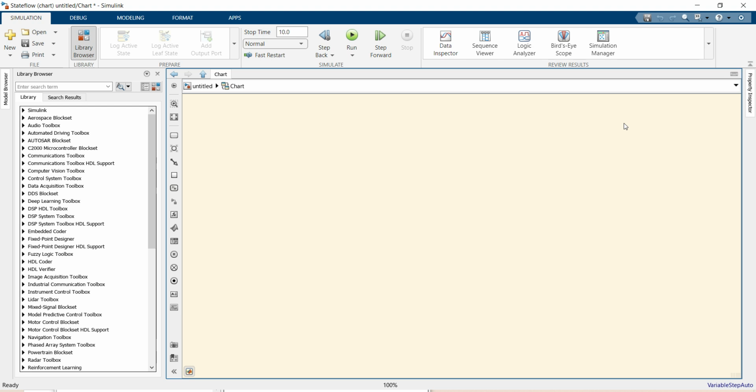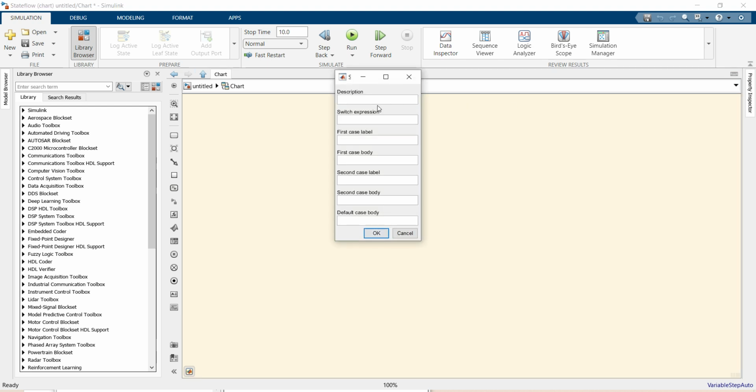Now click on this, and it will create a pop-up window like this, and you have to set the description. I'm setting it as smart light. For the switch expression, I need to select mode. I'm taking the switch expression as mode, and the first case label I'm taking as 1, and the case body will be like